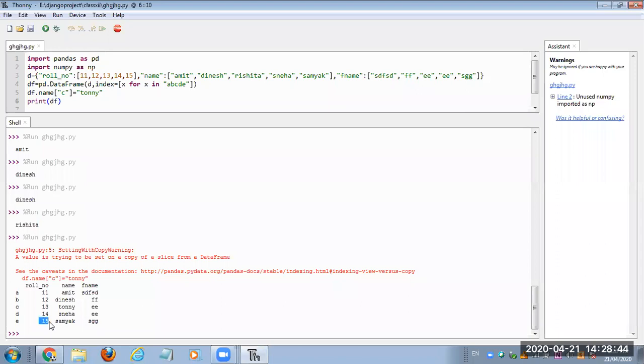Instead of this 15 I want 500. Write roll number in place of name, and in the bracket the index e. The code will be df dot roll number, square bracket e, is equal to 500. Very good.